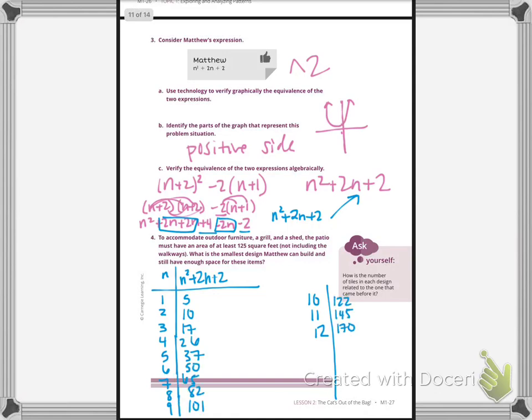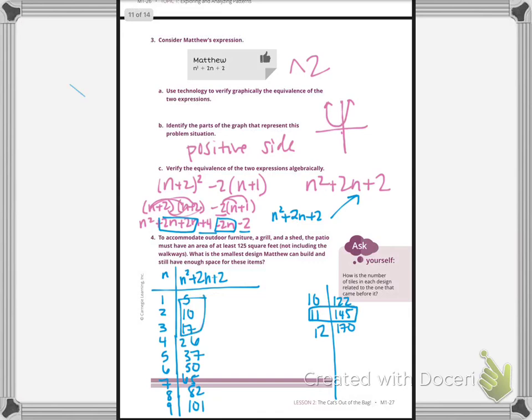All right, so it says, to accommodate the outdoor furniture, a grill, and a shed, the patio must have an area of at least 125. So he has to be at least at design 11 to be able to create this outdoor patio. Here is another double check that I would definitely write down to show that this equation is going to be quadratic. If you take the fact that this said 5, 10, 17, which is from our original page,